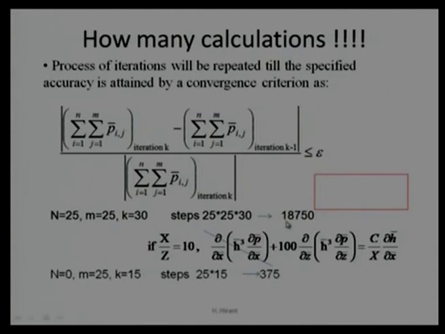You can compare 18,750 versus 375 calculations, and we know that on each step there will be a number of calculations, maybe more than 1000 calculations at each step. So, how many steps are we going to save? Almost 50 times. 18,750 divided by 375 gives me the figure 50. I mean, with understanding of the system, we are able to save 50 times the effort, or if we assume that each step requires 1000 calculations, we are going to save 50,000 calculations, which may be a reasonable figure,